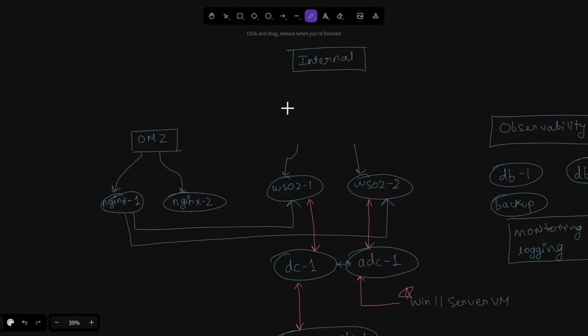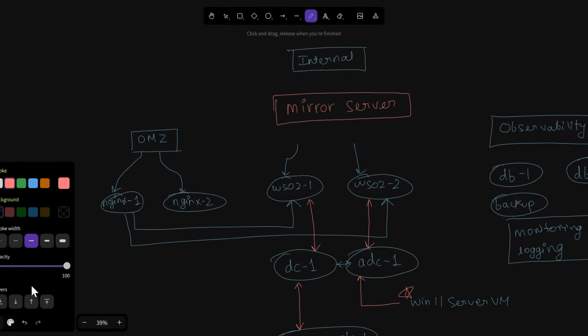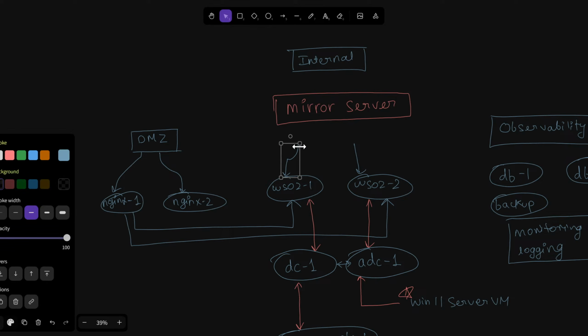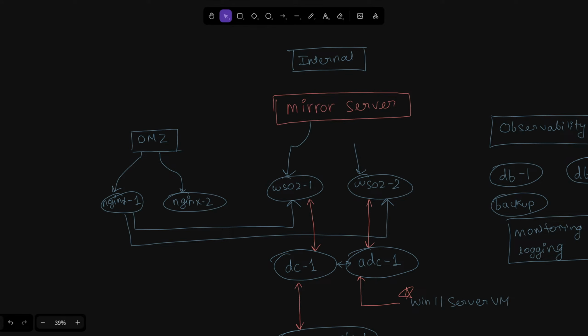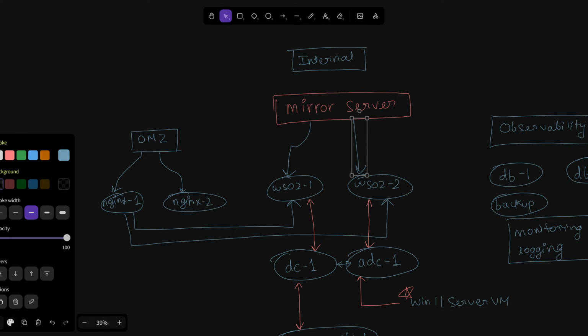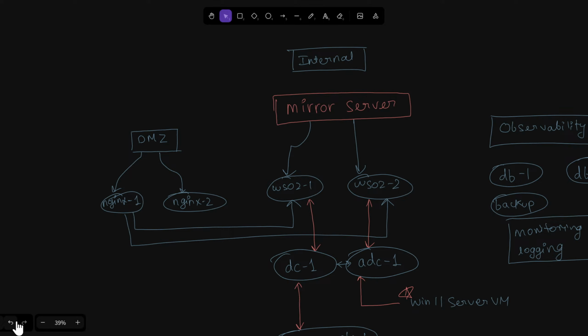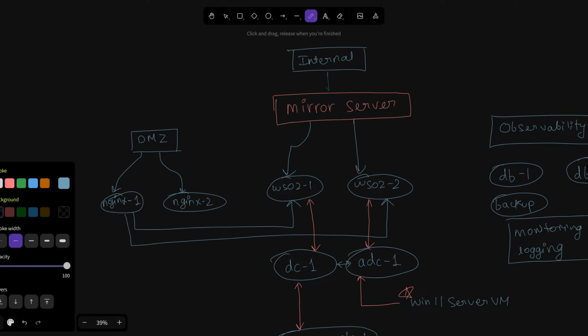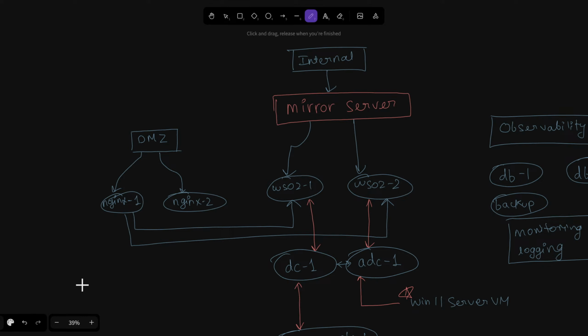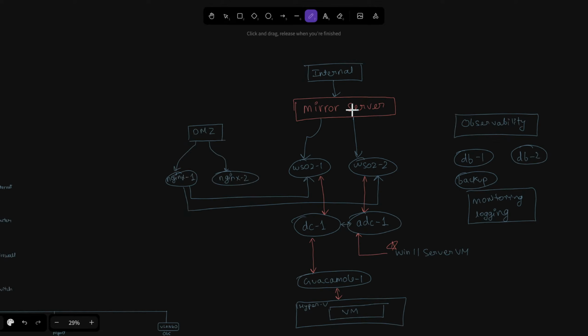So we have a mirror server, and this basically connects like this. So this is the whole picture.